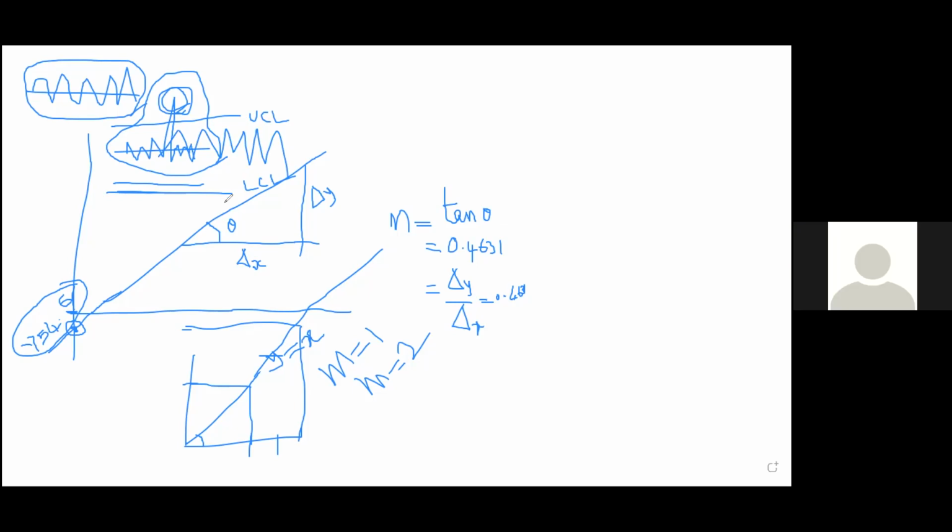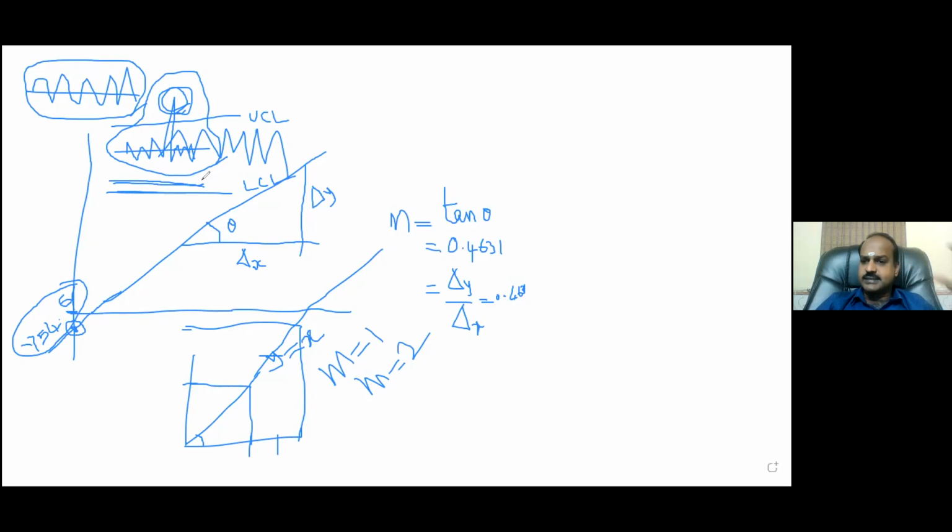Yes, sir. And if it is a perfect straight line, you can understand the person has already died. In the same way, your process cannot produce these kinds of readings. Flat lines are not possible. It will always go up and down. If it is not going up and down, you can understand your process is already dead, and that means no process exists. So you generally don't get this scenario in industries. But you will get this scenario and this scenario.